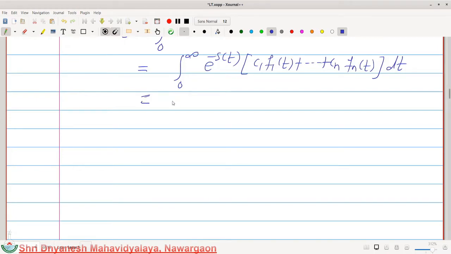This equals integration 0 to infinity, open this bracket and multiply each term of this bracket by e to the power minus st. So this is c1 e to the power minus st f1(t) plus second will be c2 e to the power minus st f2(t), so on cn e to the power minus st fn(t)